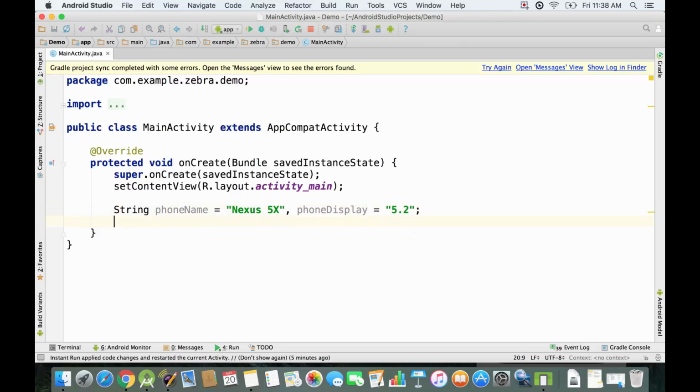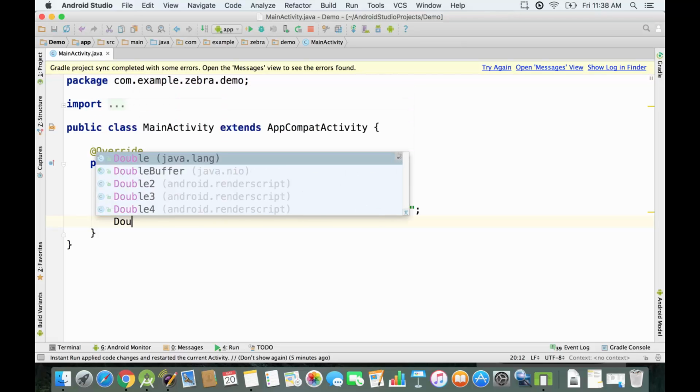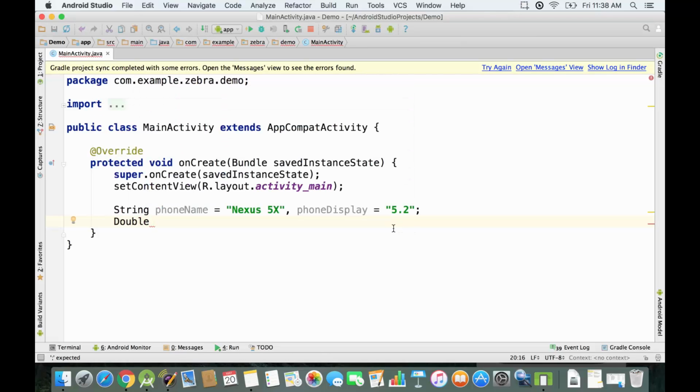So that's why we just want to make sure that we convert that value, and we're gonna say double. This is the keyword to declare a decimal variable, because we need this value over here stored as a decimal variable. So we're gonna say the phone display in inches, just inches, and it's gonna be equal to